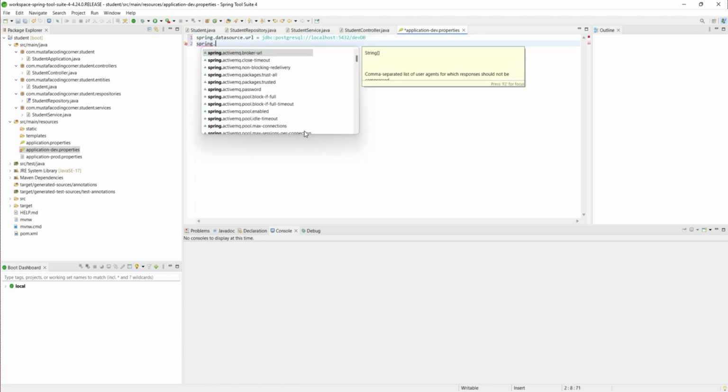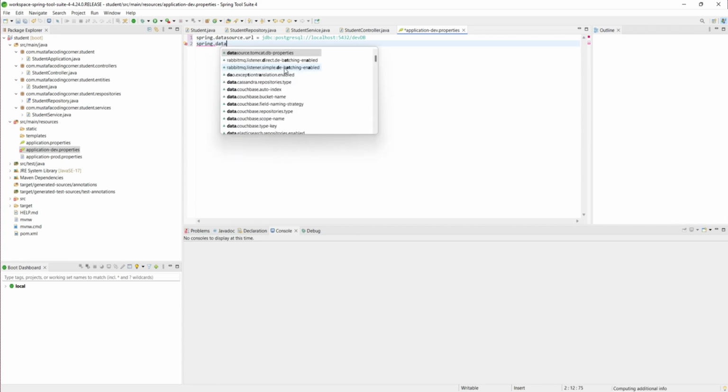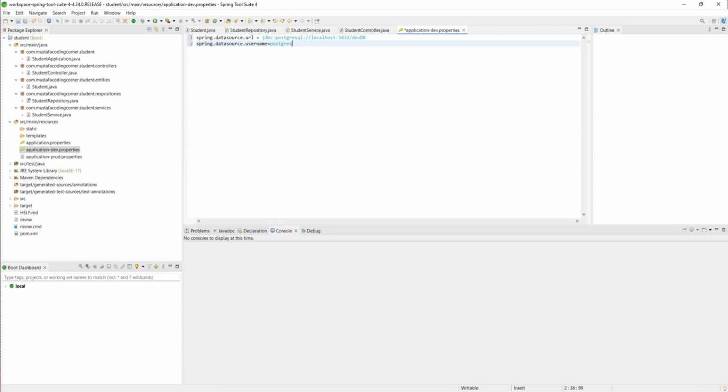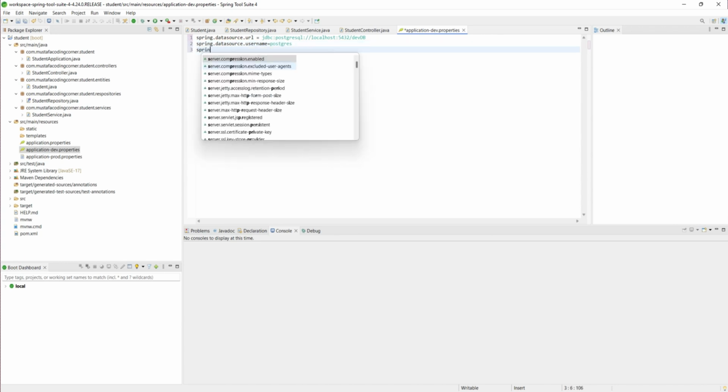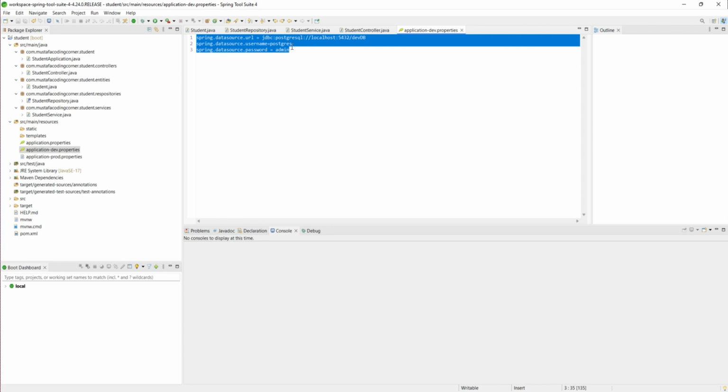However, in the production server it's different, the database name is different, and maybe the port is different. And here let's write the username of our data source, which is in my case postgres, and the last thing is the password, which is admin. Yeah, I will take all of these, copy, paste,